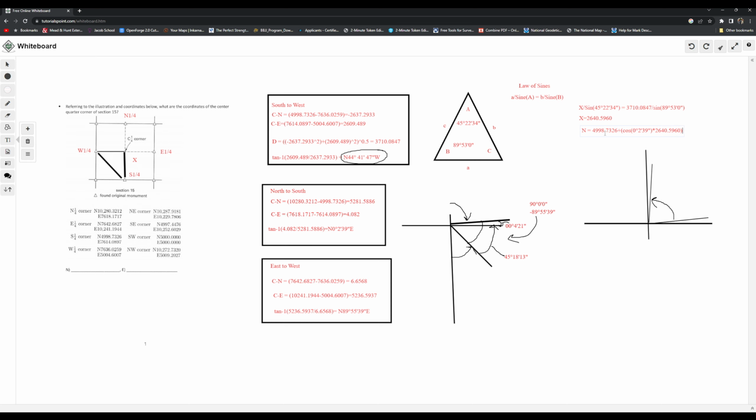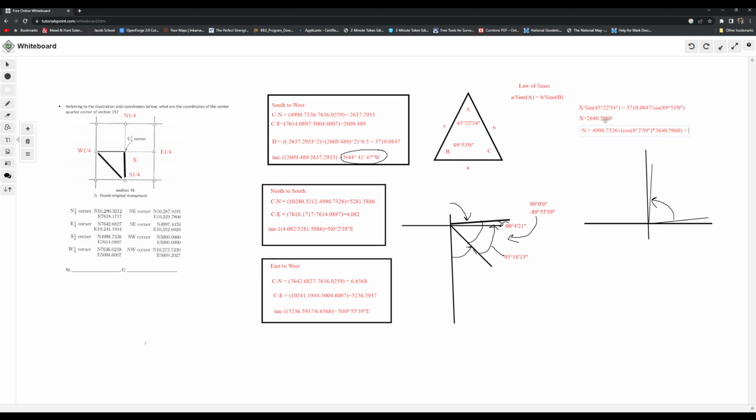So 4998.7326, correct on that one, plus the cosine of the angle, 0 degrees, 2 minutes, 39 seconds, times the distance we just calculated. All right, so the northing, 4998.7326 plus parentheses cosine parentheses 2 divided by 60 plus 39 divided by 3600. Oh, fire. Okay, and